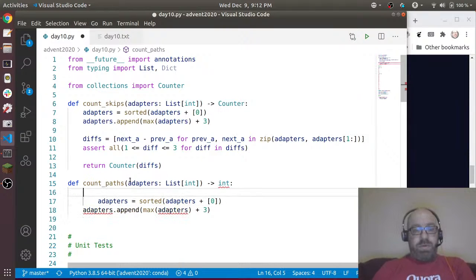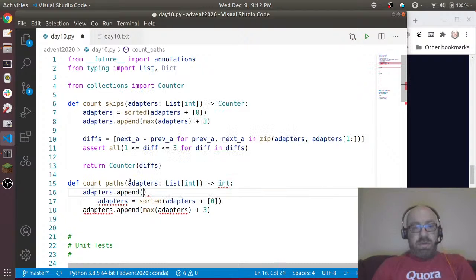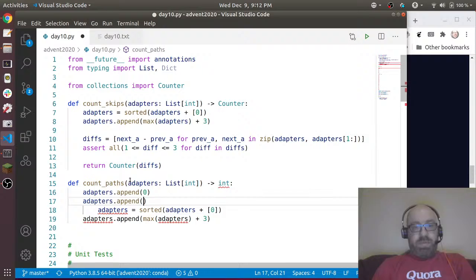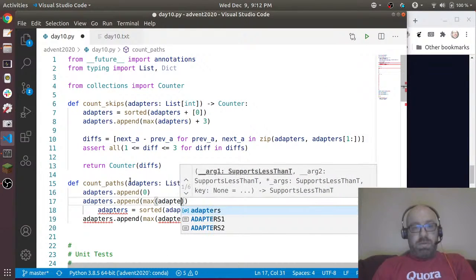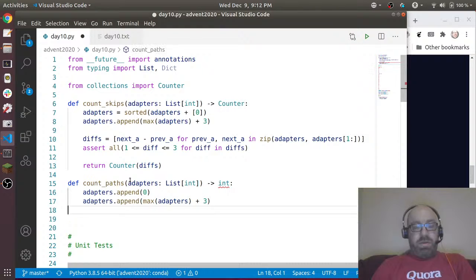So instead, I want to say adapters.append(0), adapters.append(max(adapters) + 3), and then let's say